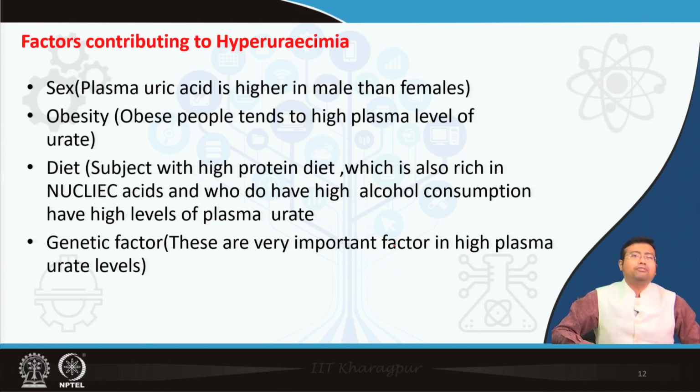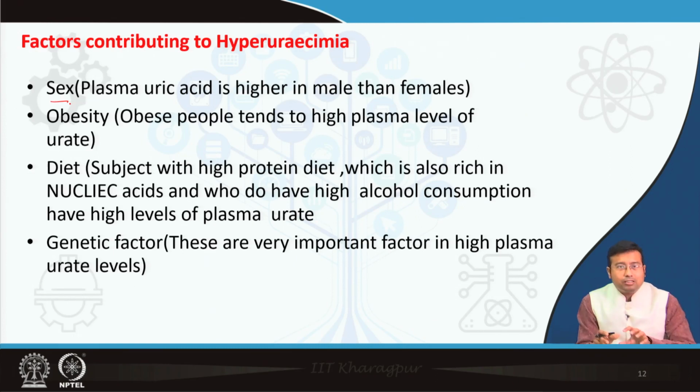So, generally what are the factors contributing to hyperuricemia? Number one, as I have discussed, sex. Plasma uric acid is higher in males than in females, so males are more predisposed naturally to hyperuricemia. Next, obesity. Obese people tend to have a higher level of uric acid or urate in plasma. Remember, in plasma it is present as urate crystals, especially urate salt, sodium urate. Next,